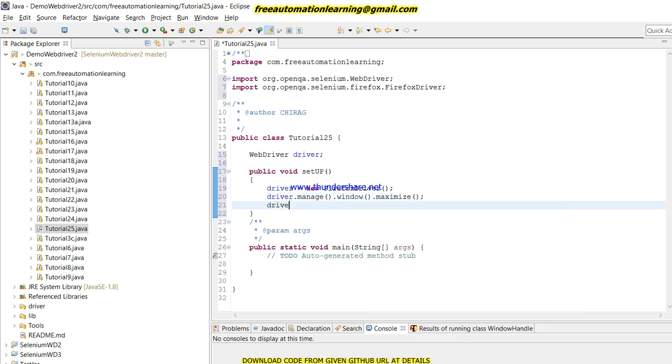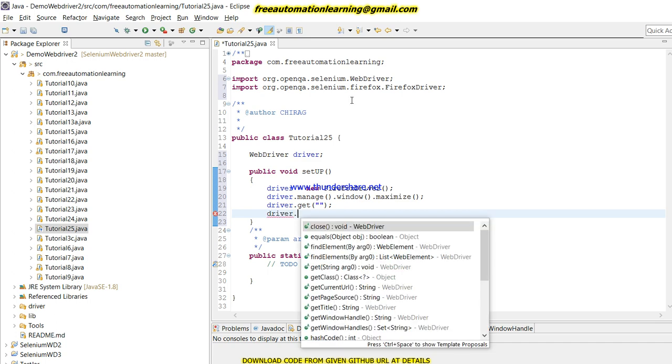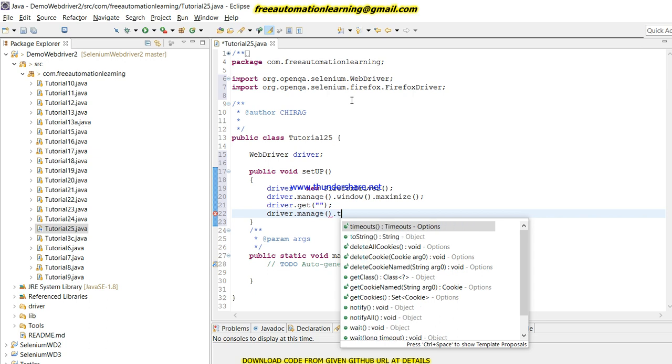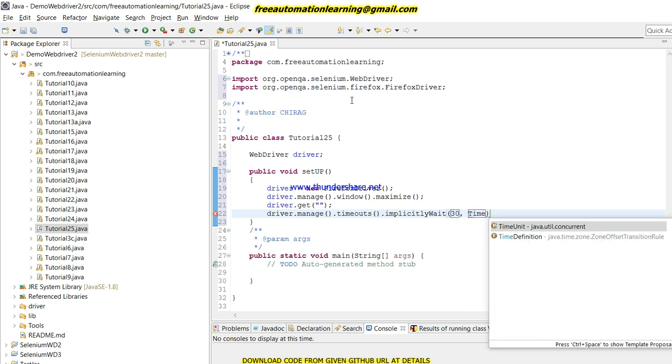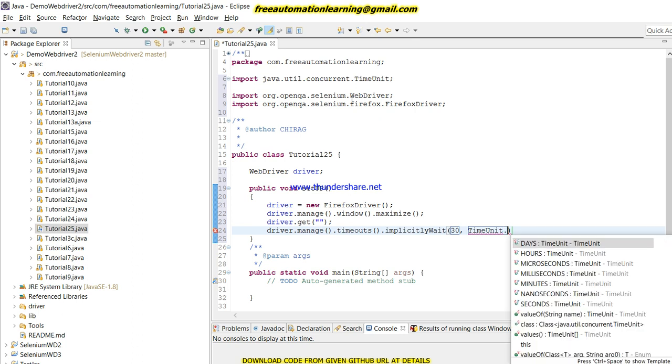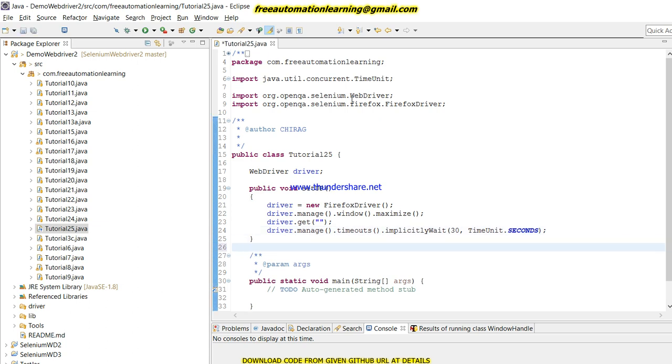Now I have to pass the naukri.com URL and give the implicit wait, which I have given as 30 seconds. Soon I will discuss the scenario which I am going to show in this video using naukri.com. So let me open Firefox